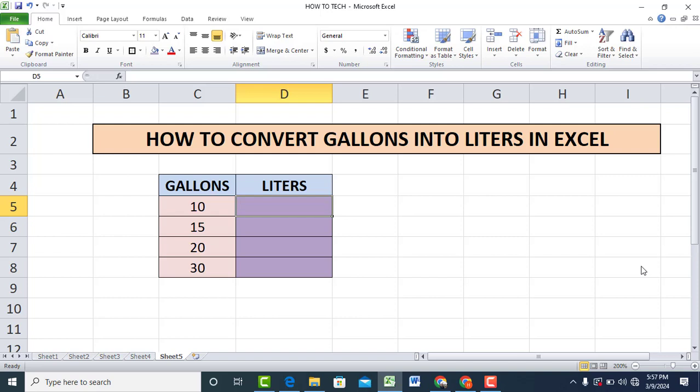In this video, you are going to learn how to convert gallons into liters in Excel. So here I have taken in one column gallons and now I will convert into liter. So the formula will be equal and CONVERT,